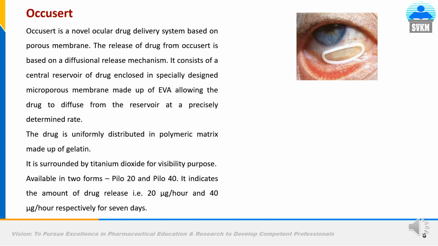The drug is uniformly distributed in the polymer matrix, which is made up of gelatin, and it is surrounded by titanium dioxide. Why? For visibility purposes. Two forms were available, Pilo 20 and Pilo 40. What does it indicate? Pilo 20 means pilocarpine 20 microgram per hour will be released for 7 days. Pilo 40 means 40 microgram per hour will be released for